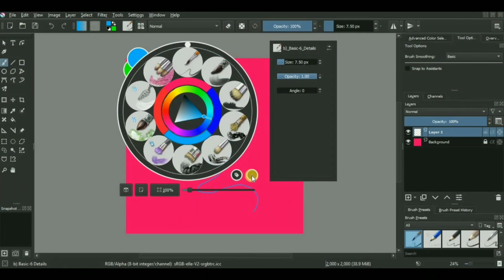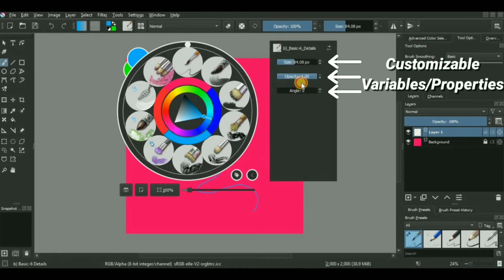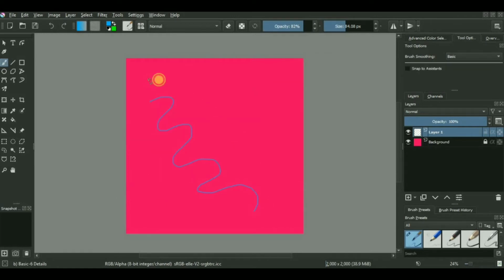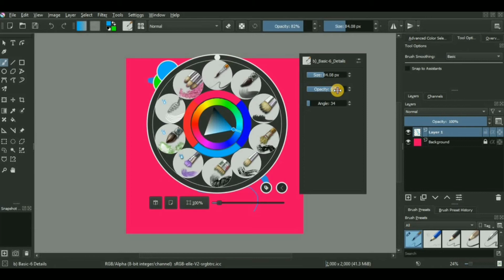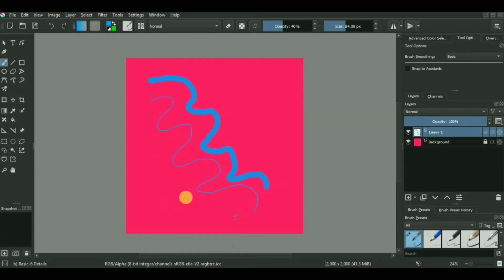Now coming back to more advanced brush settings and properties, if you press this arrow-like button, it will open up a tab to adjust some of your variables like size, opacity, etc. Obviously the number of variables presented to you to change is totally dependent on the sort of brush you're using or have selected over here. And as you make changes to these settings, they will be applied and you can see the effect immediately.